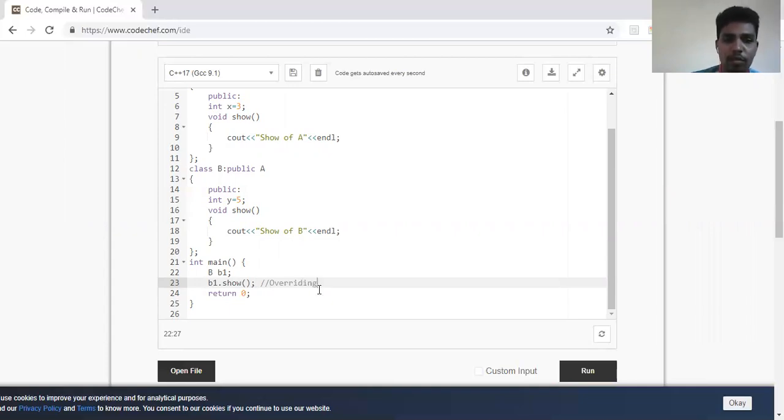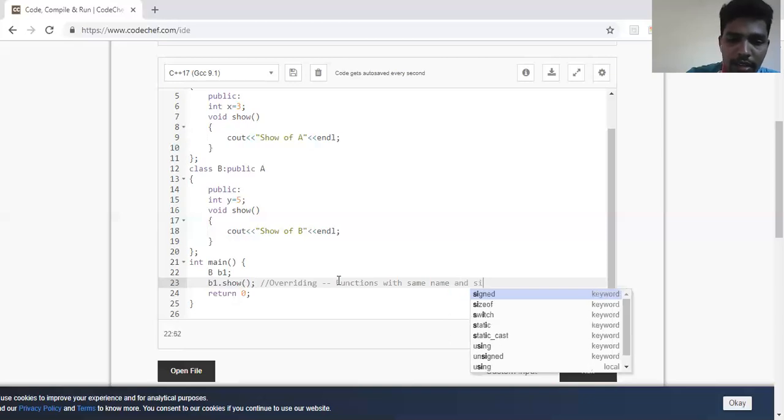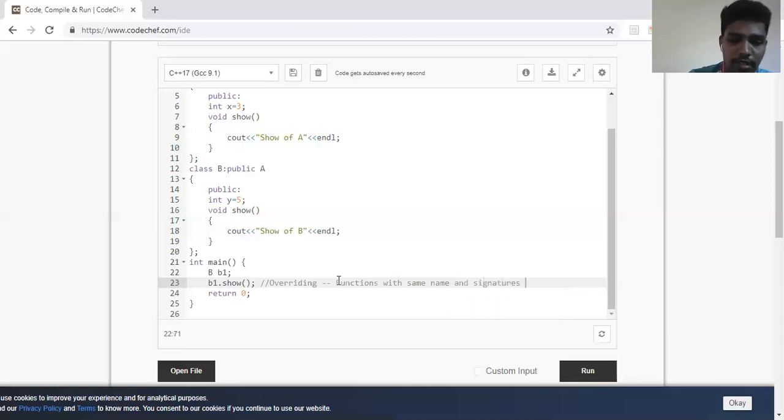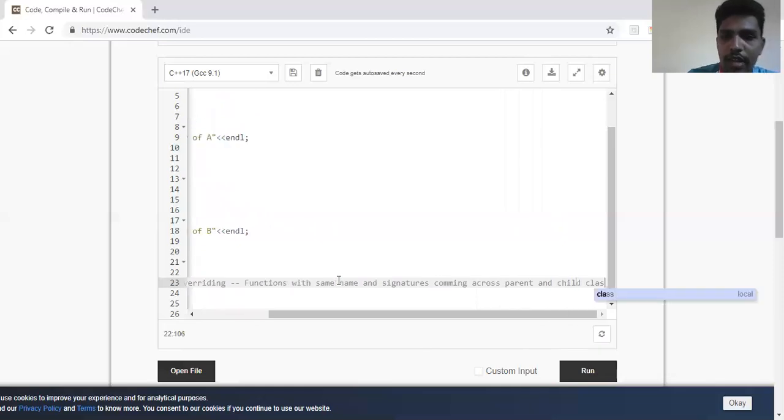Function overriding. What do you mean by overriding? Functions with same name and signature. If you see this function void show, not only the name, the signature is also the same. Overriding: functions with the same name and signatures coming across parent and child classes.